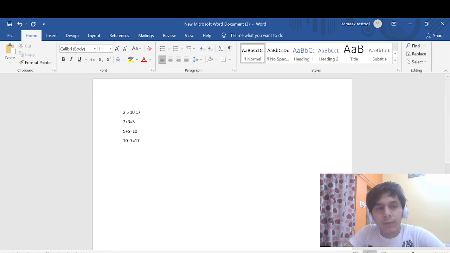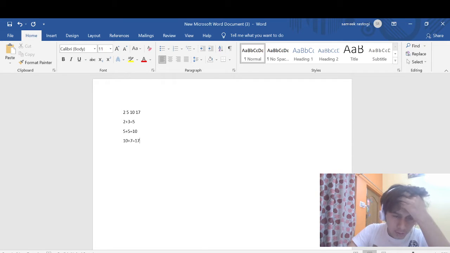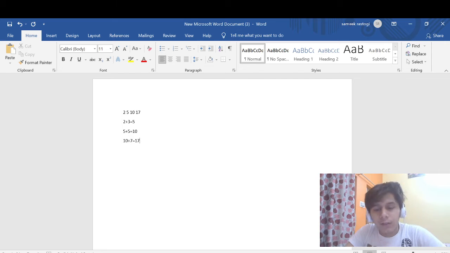The difference between odd and even numbers is very clear. Even numbers are divisible by 2, and odd numbers are not divisible by 2. So this program becomes very clear.